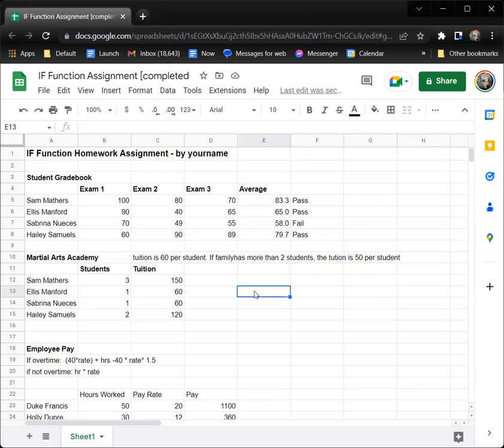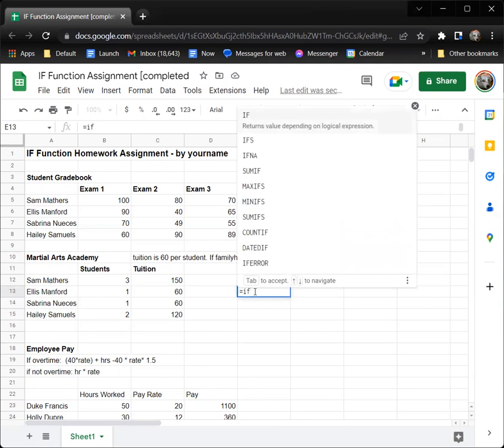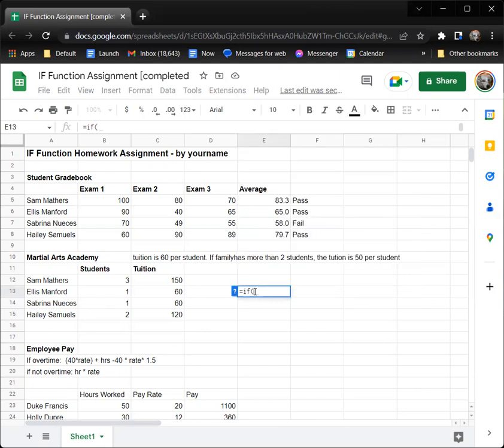So I'm just going to say this is equal to IF, and then I'll open parentheses because we enclose in parentheses everything that the function, in this case the IF function, needs to function. And remember, there are three things: a condition that can either be true or false, and then what to do if the condition is true, and then what to do if the condition is false. So I'm going to put a number eventually right here in E12. I'm going to say if E12 is greater than 50,